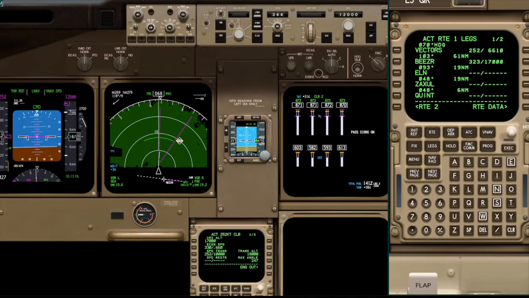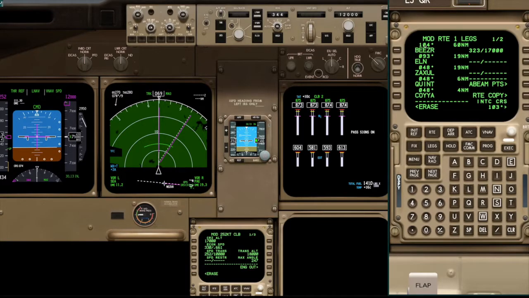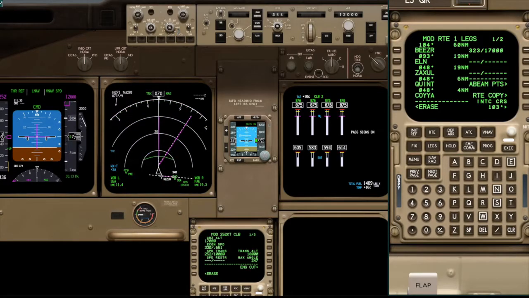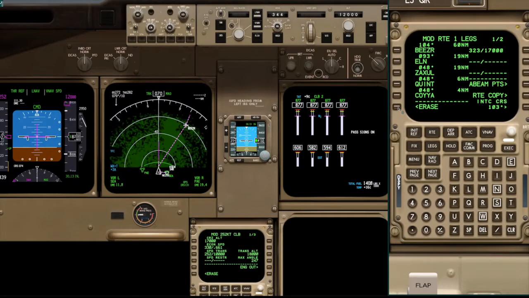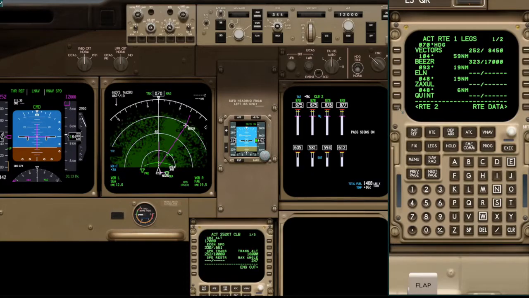Now there's 2 ways to do that. One way would be to have your pilot monitoring, which is us in the case of a flight simmer, bring Beezer to the scratch pad and bring Beezer to the top to replace the vectors, and then that would get rid of the vector line, and you can see the dashed white line going direct to Beezer, and we could execute that. So that's probably the most common way of doing it, is to let the pilot monitoring know, give me direct Beezer. But the other way we can do it does not involve the CDU, it just involves the MCP,